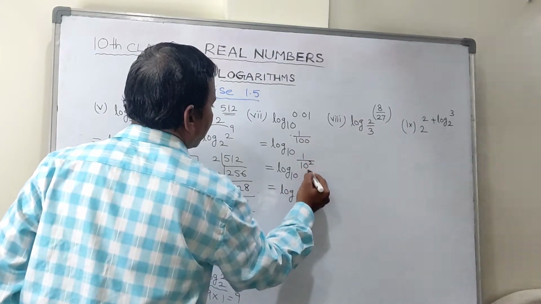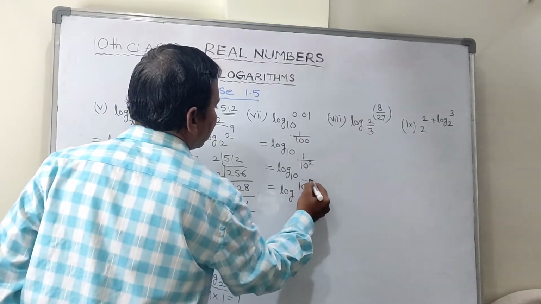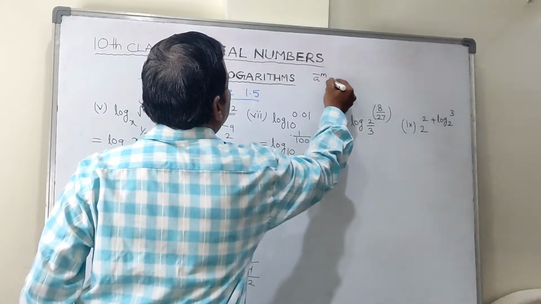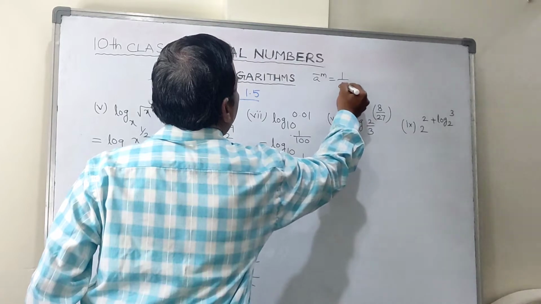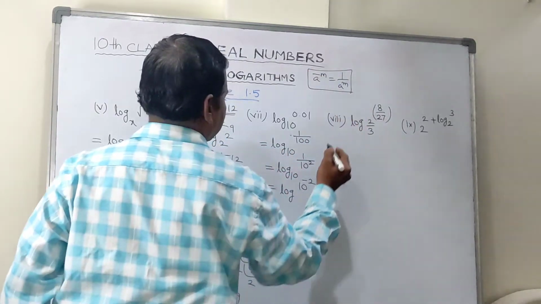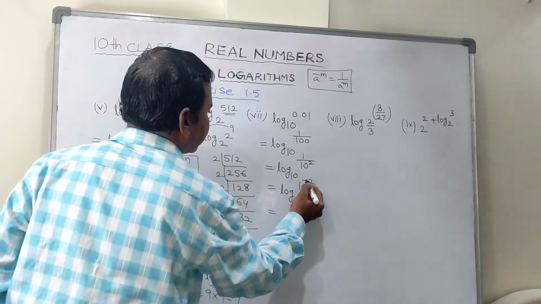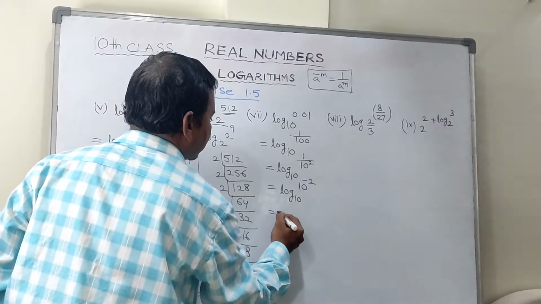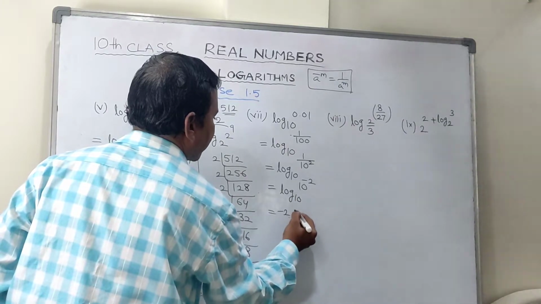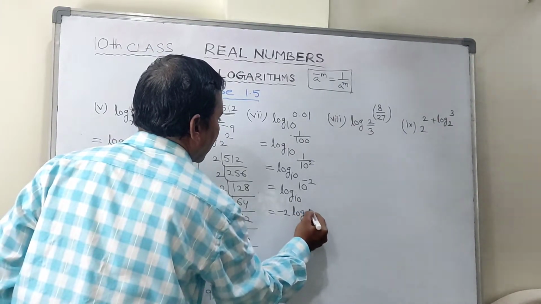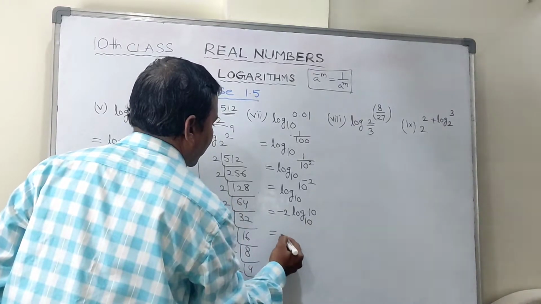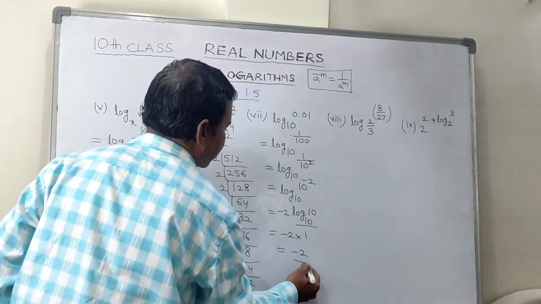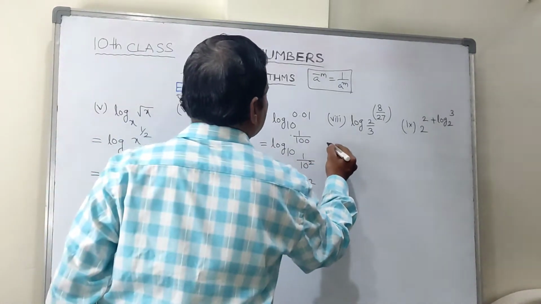And 1 by 10 square we can write 10 to the power of minus 2. As per the formula, a power minus m is equal to 1 by a power m. Now base already given 10, minus 2 carry forward, minus 2 log 10 to the base 10, minus 2 into 1 which is minus 2. Here also